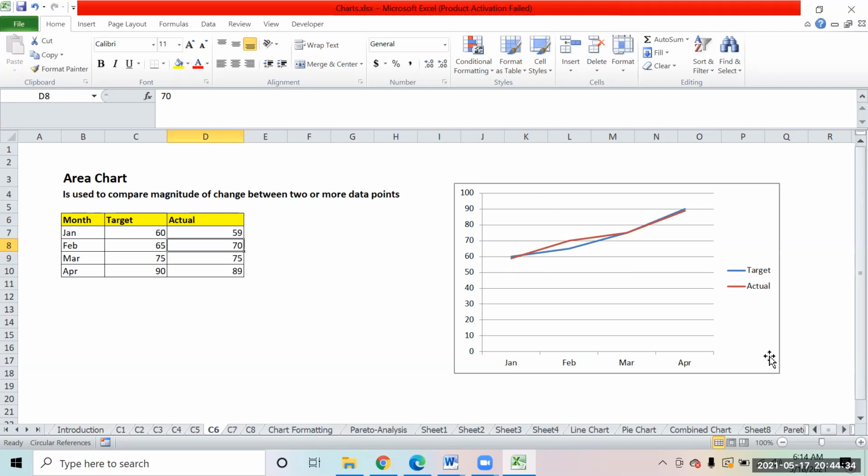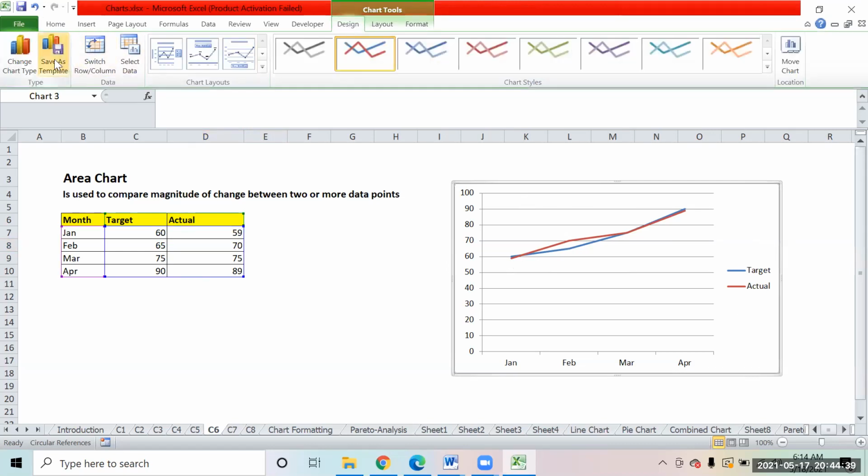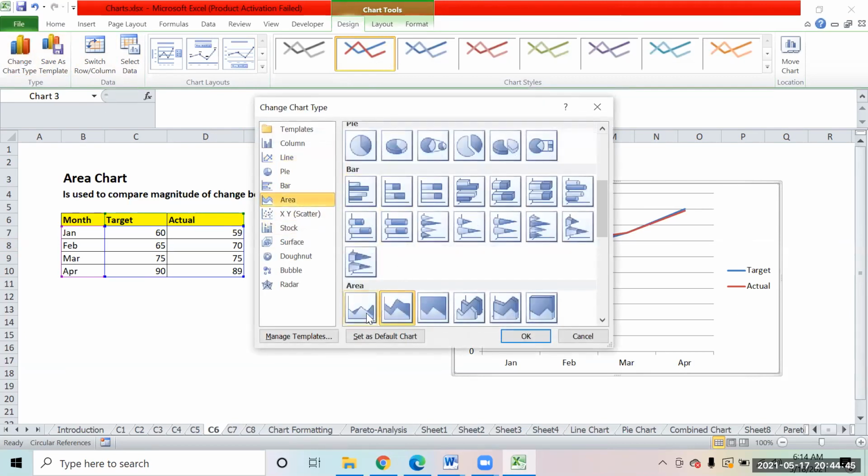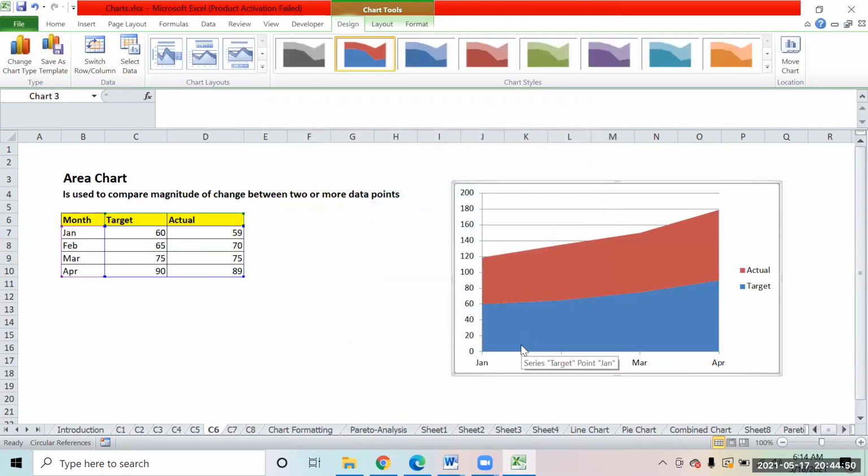See what I'll do now is this chart that I have got, I am going to convert it into an area chart over here. So now the chart has changed. Can anyone identify what has changed in the chart? I see that the chart shows the target that they had, and then I guess how much they've exceeded the target, and you're able to actually see it better.